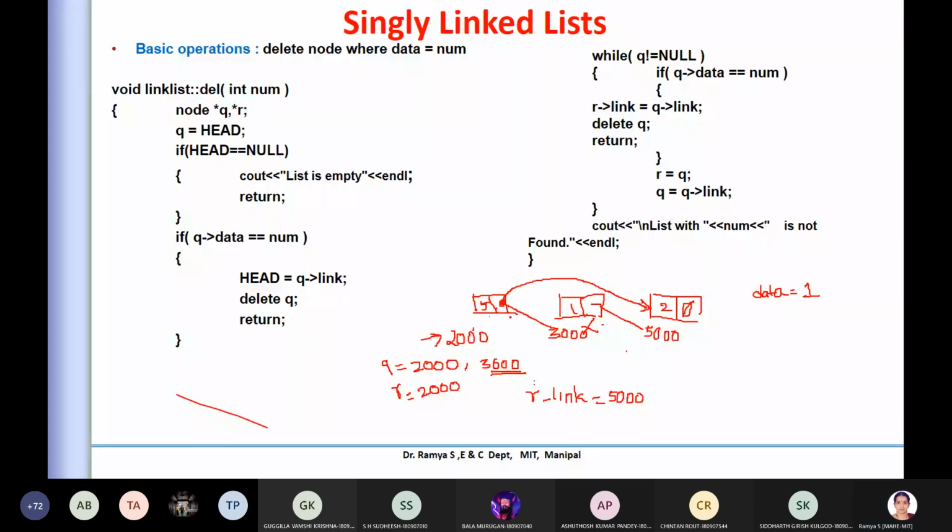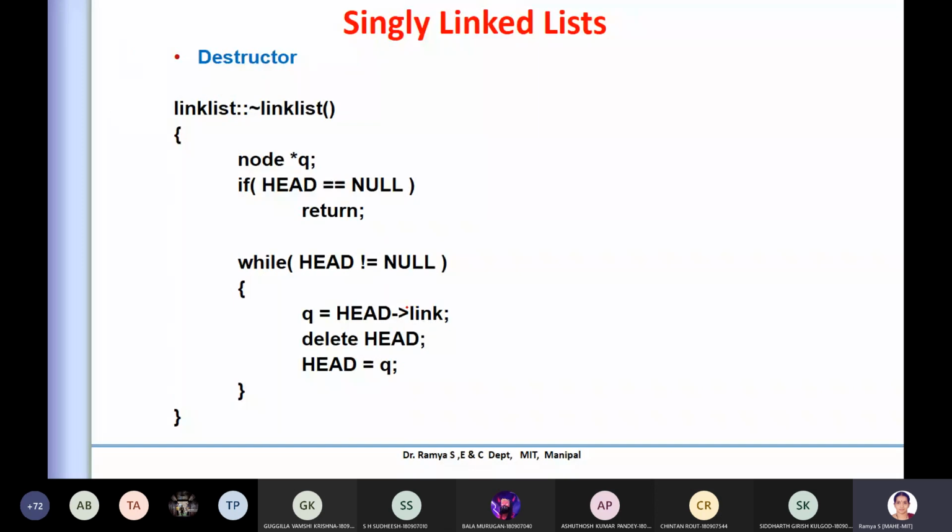Now let us take the destructor. Because it's C++, you have a provision to add a constructor. We have already seen that we are initializing with null. In the case of a destructor, if you remember C++, there can be only one destructor. You have to traverse the whole linked list.